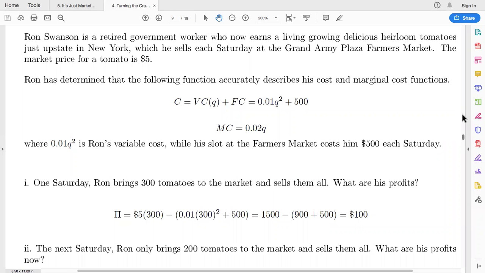So one thing I thought might be useful is for me to take you through the running example that ends both chapter 4 and then a follow-up example that ends chapter 5. One of the things about my class that I think sets it apart a little bit from the typical principles of micro course is that I try to add a little bit more quantifying complexity. Not because I want to make economics all about math, but really what I want students to see is